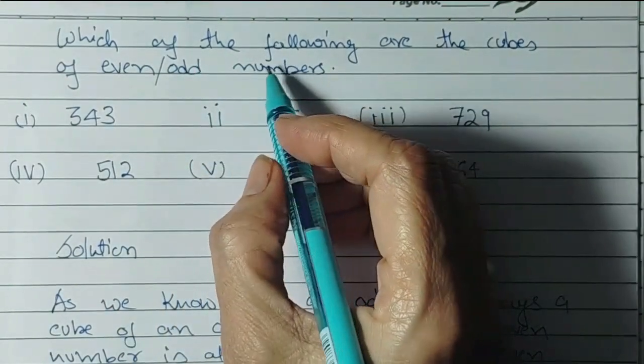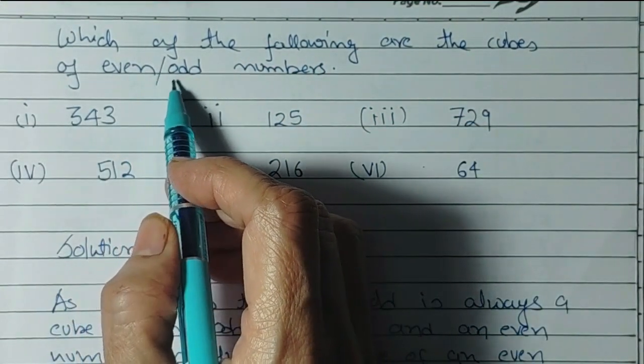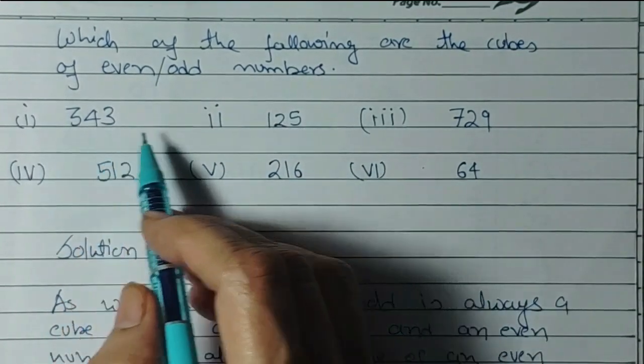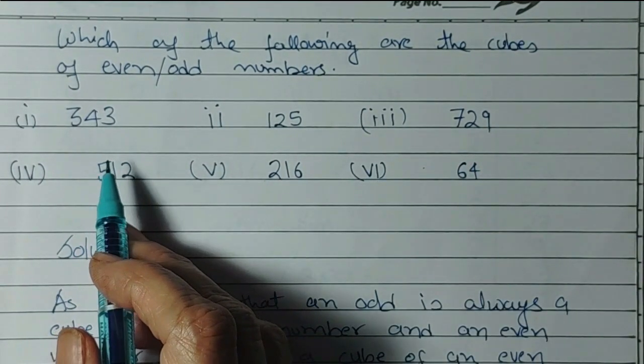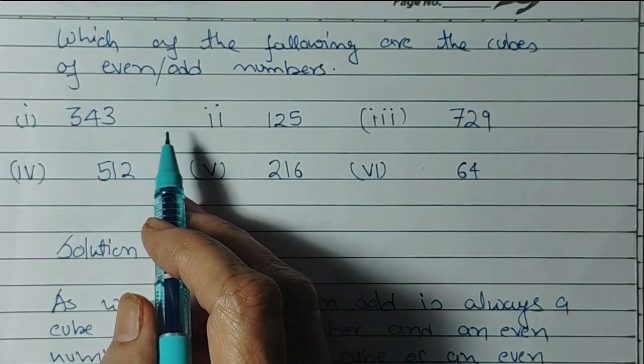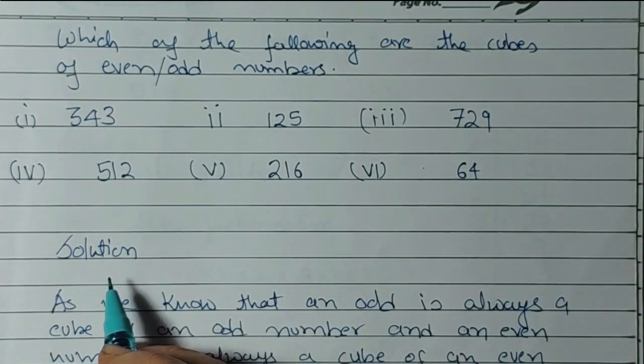Which of the following are the cubes of even and odd numbers? So these are the numbers. We have to find out which numbers are the cube of odd numbers and which are of even numbers. Solution will be,